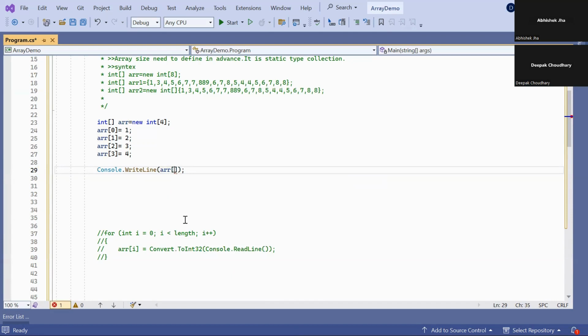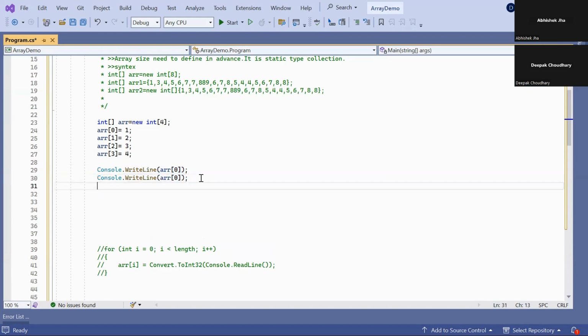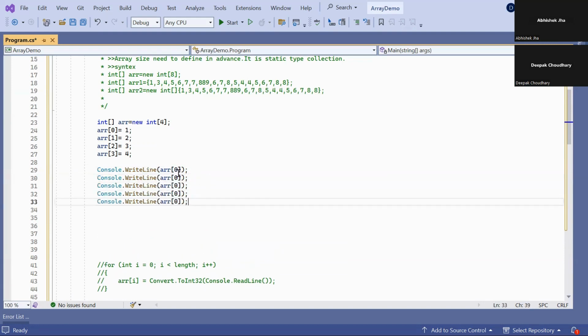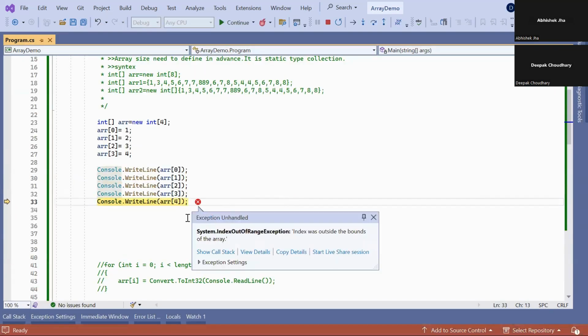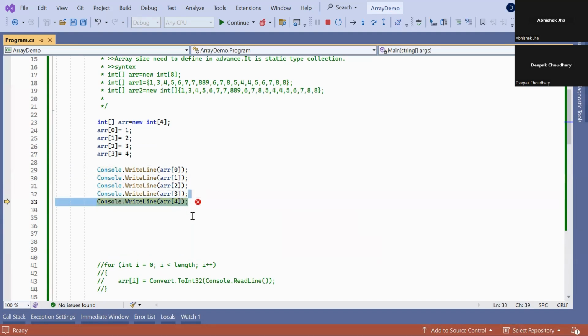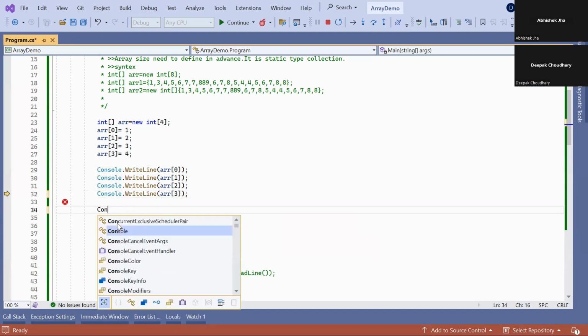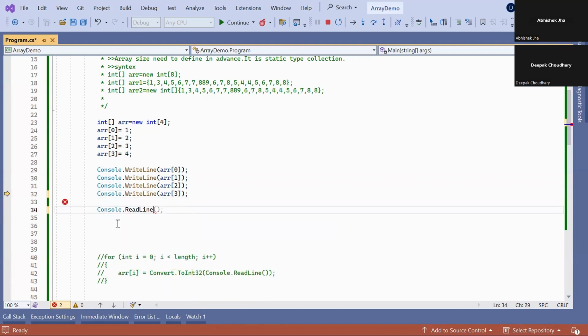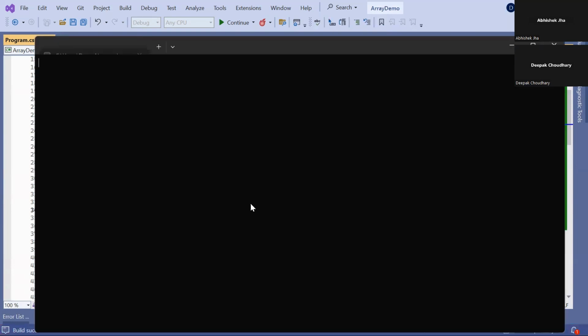You can do Console.WriteLine and display the array value of 0, 1, 2, 3, like that. 1, 2, 3, 4. But this is a long process, right? Let me run it. Okay, this is out of index. We should only go up to index 3. Console.ReadLine. Let me rerun. See, the 4 elements will be there.